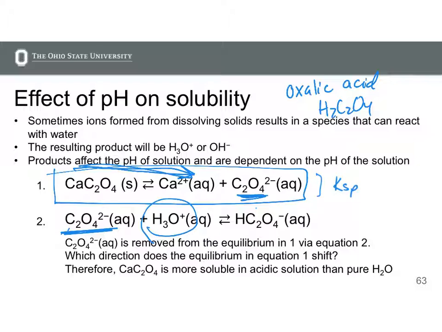Which means that the calcium oxalate will be more soluble in an acidic solution. So the equilibrium in equation 1 shifts towards the products, and so calcium oxalate is more soluble in acidic solution than in pure water. Okay? Everyone see that? So our calcium oxalate example,